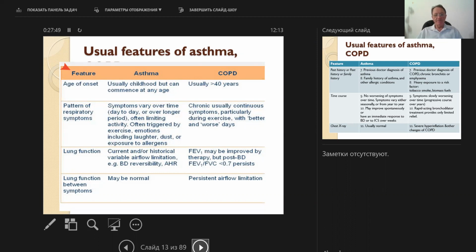Lung function in case of COPD between episodes of exacerbation is not changed. But in case of bronchial asthma, you can detect, in most cases, a positive reversibility test, and in medical tests you can find